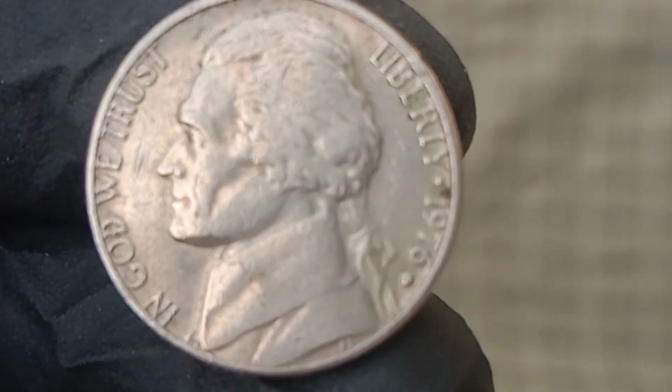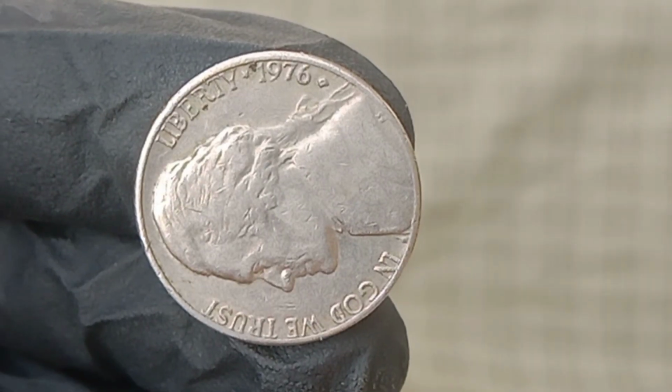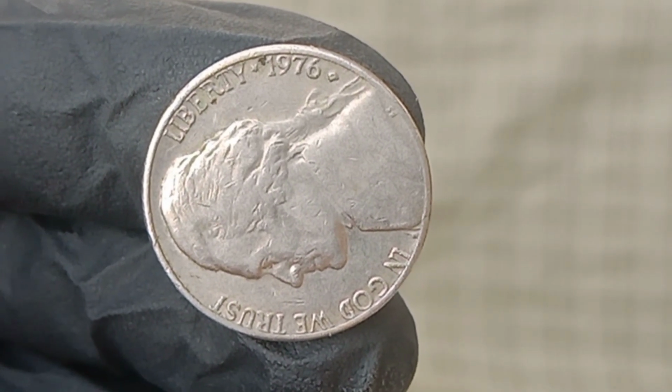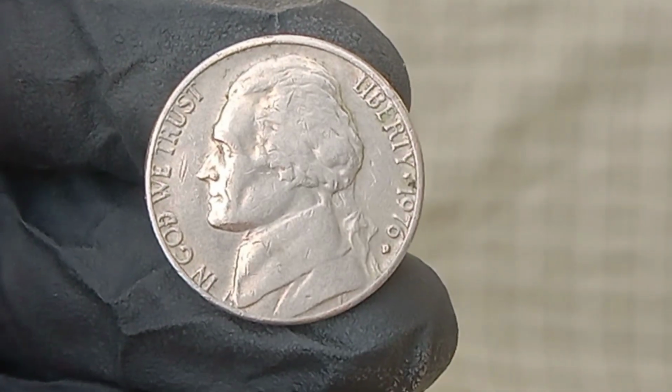And while missing mint marks were relatively common before 1980 when the Philadelphia Mint began using the P regularly on most denominations, the presence of a P in 1976 on a nickel was not typical, which leads some experts to believe that the mint mark itself may have been manually added by a mint employee either as part of a test or in error, and this possibility has opened the floodgates for speculation and investigation,